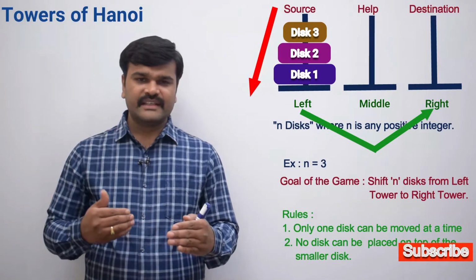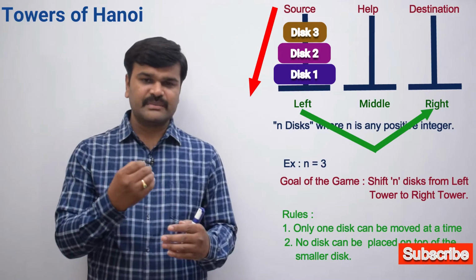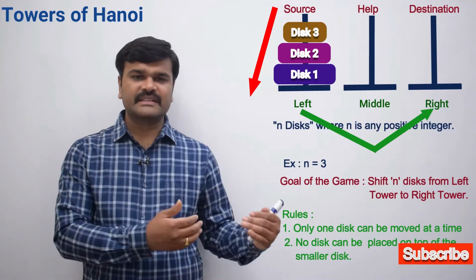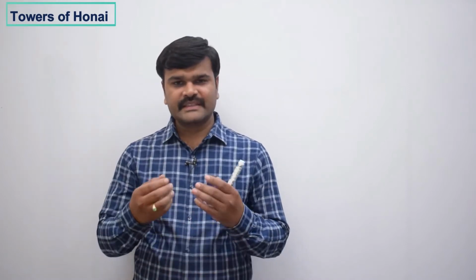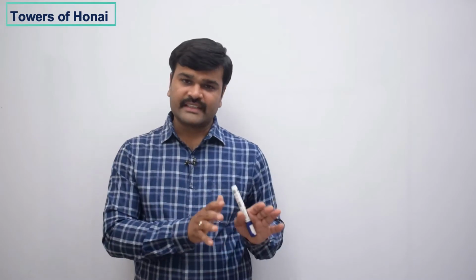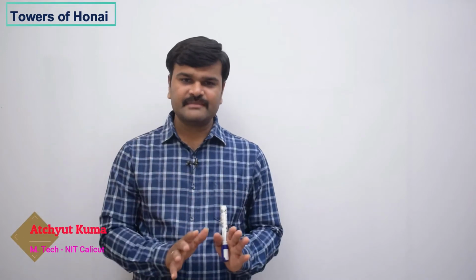So here there will be disc movements. With a minimum number of movements, you must complete the game. Let us see how to play a game. Before going further, if you are seeing this game for the first time, please play it first and then observe how you are able to do it. Playing the game is not a big matter; you have to convert it into code, especially recursive code. If you observe the recursive step in the game, then this problem is over.